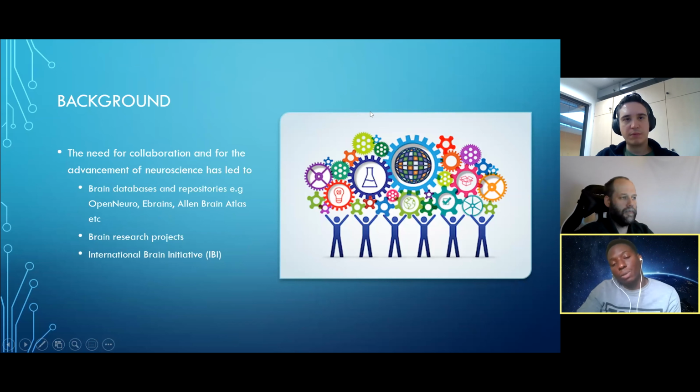So this has brought the need for collaboration to advance neuroscience, as we all know. And this has led to different database repositories and platforms, eBrains, OpenNeuro, and Brain Atlas, distributed geographically in different regions. It has also brought about the International Brain Initiative, which intends to form an umbrella network and collate these different projects together under one umbrella so that collaboration can be advanced.